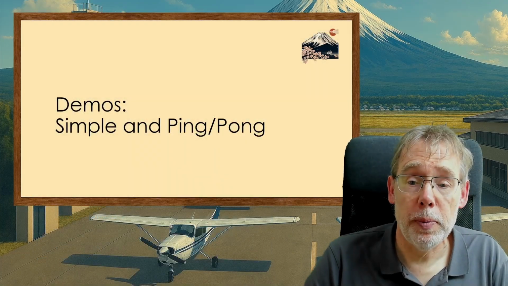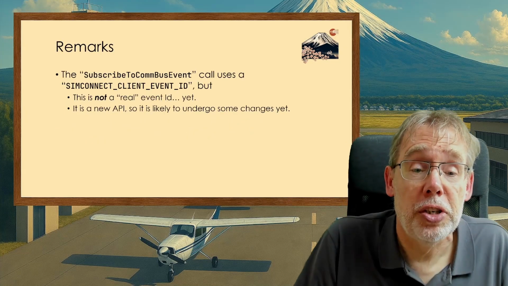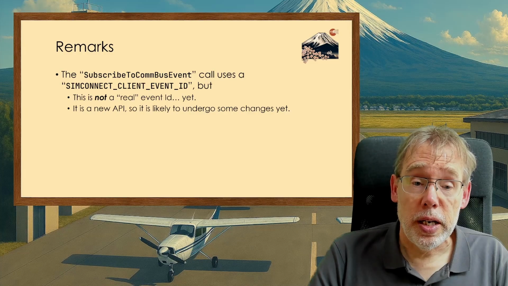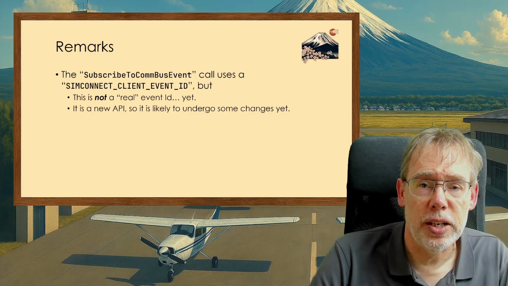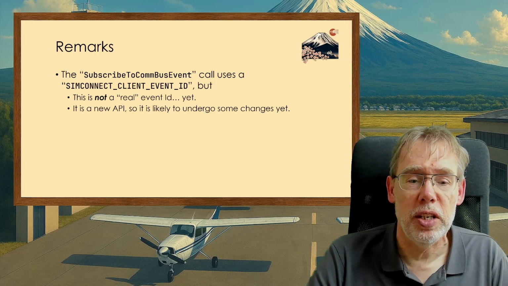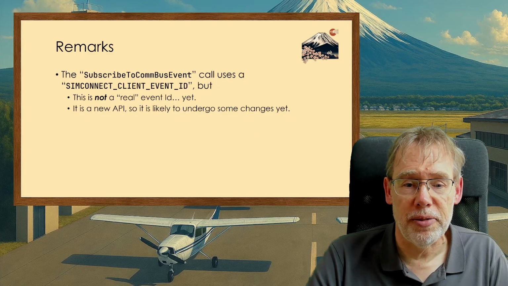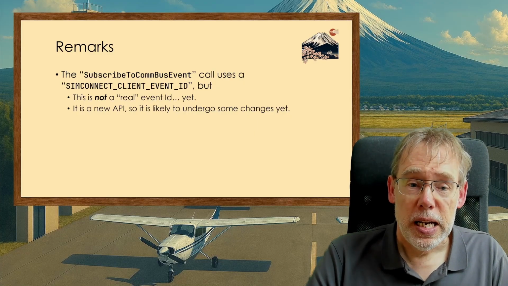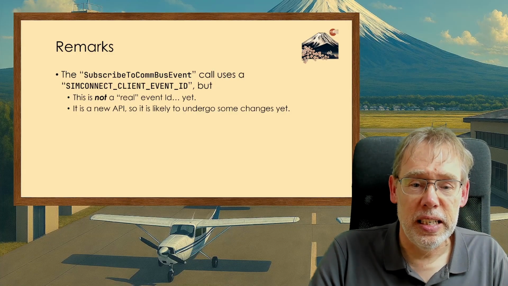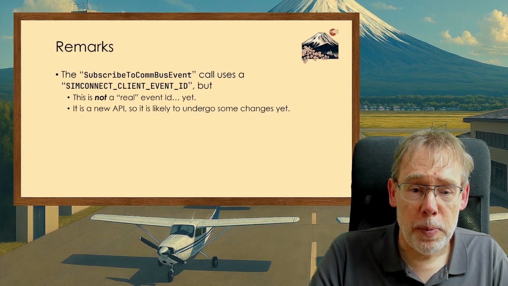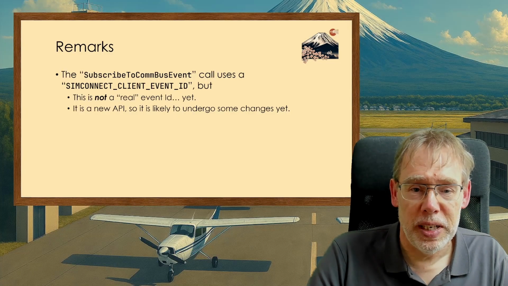Okay, so we're back and let's continue. So some remarks here. It uses a client event ID, and if you look in the SimConnect header and the documentation, you will see that it actually is using the type SimConnect client event ID, but it is not a real event ID yet. It's a new API, and it's quite likely that this will change and become its own type,